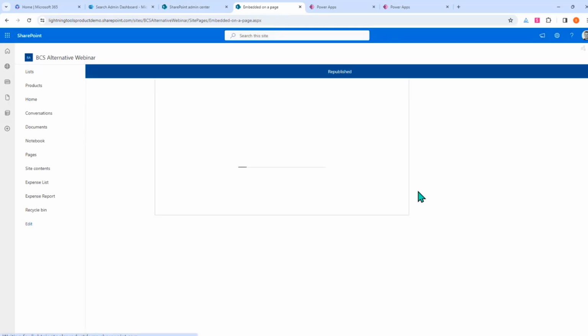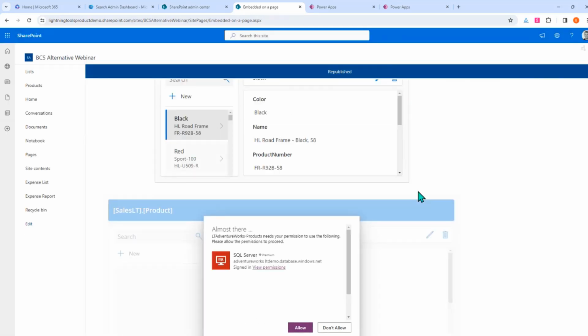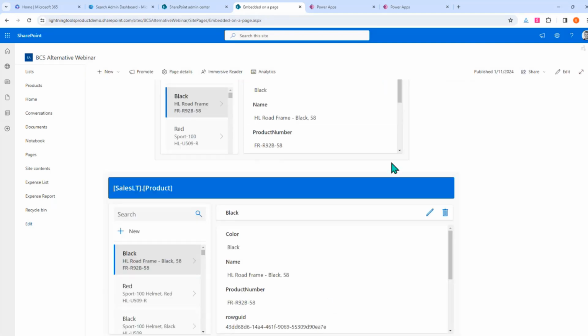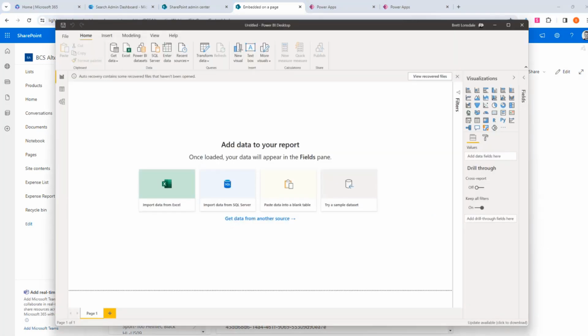And of course, you could also bring that into Teams as well if you wanted to. So that's one alternative to business connectivity services. And like I said, there's also the Power BI as well that you could also use. So using Power BI,